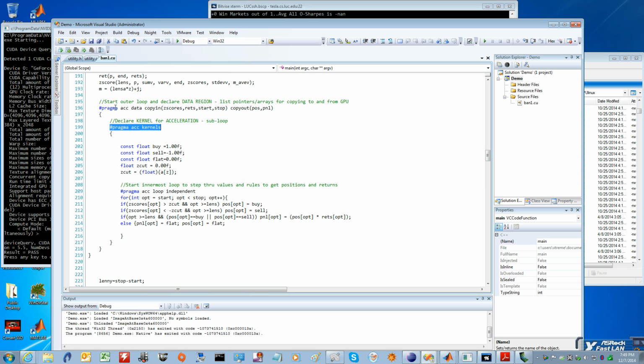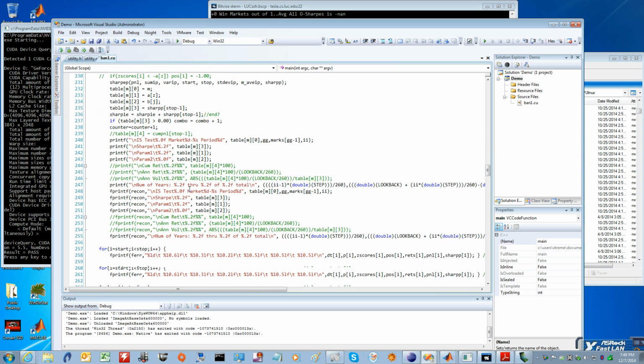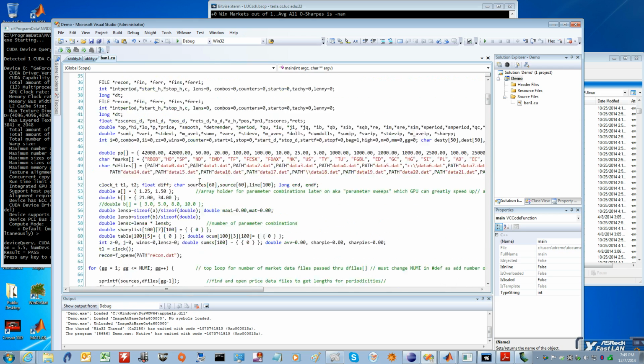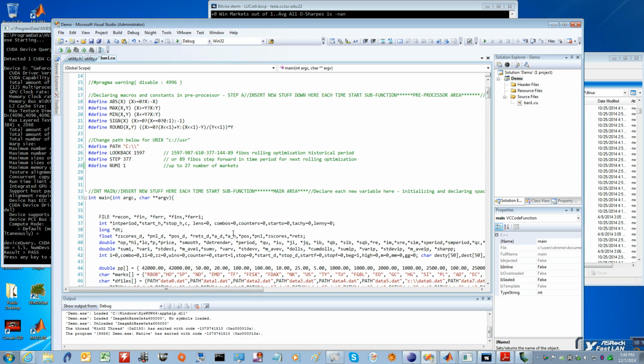We have this pragma ACC now. Everything now is a pragma when we start a loop. So there are subtle differences like that, and I could go on and on. But this is an example of open source GPU computing. We are not using CUDA-C here. We are using a different compiler,